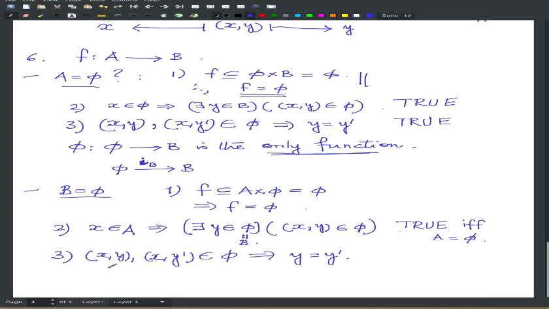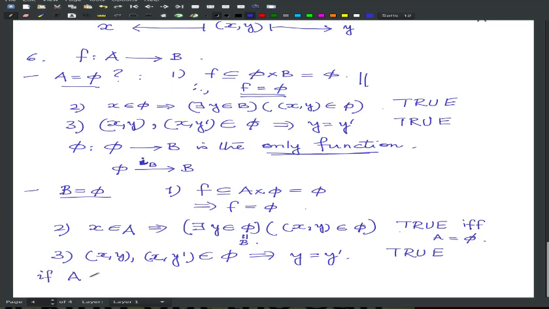Number 3, is it true or false? It's true, because the hypothesis is false. Correct. So it's true. So what do we conclude? If the codomain is empty, there can be a function if and only if the domain is empty. So that means if the domain is non-empty,